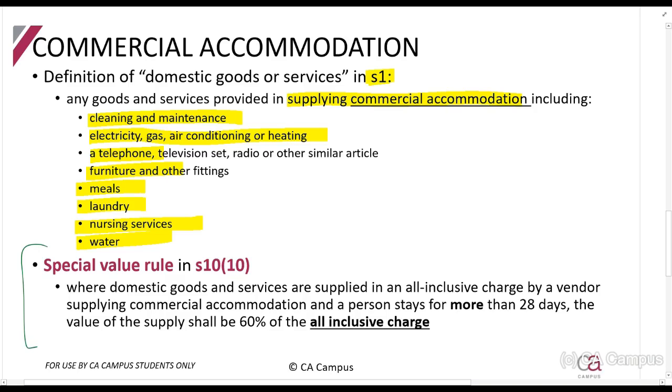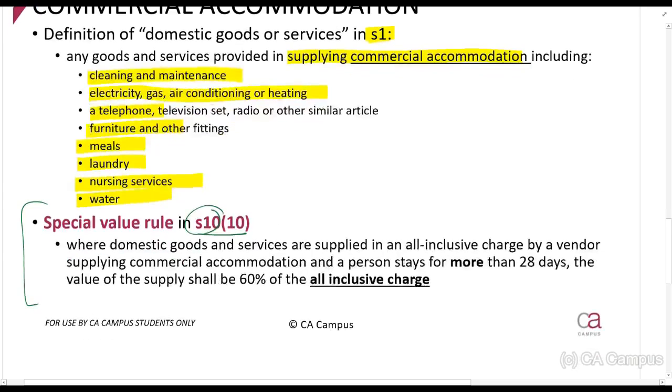Right, then, special rule, section 10.10. Remember section 10 is our value rule, our value section. Section 10.10 says, here's a special rule: if you give someone commercial accommodation and you charge with these goods and services, and they are staying for more, must be more than 28 days, so 29 days, 30 days, etc., then you only charge VAT on 60% of the charge. So, let's say,